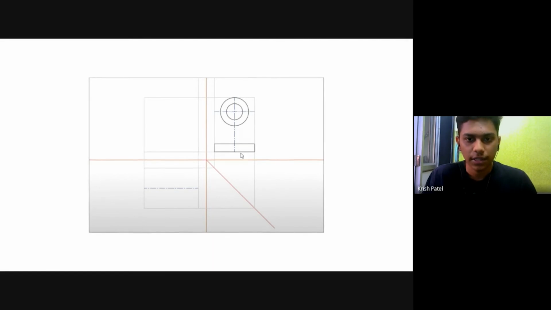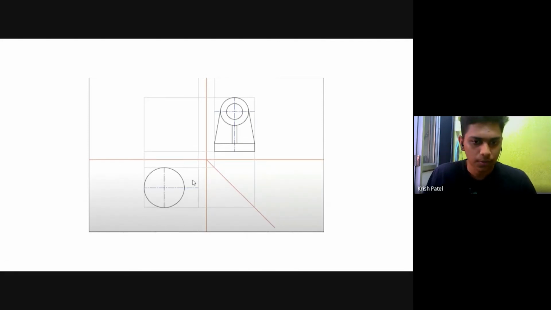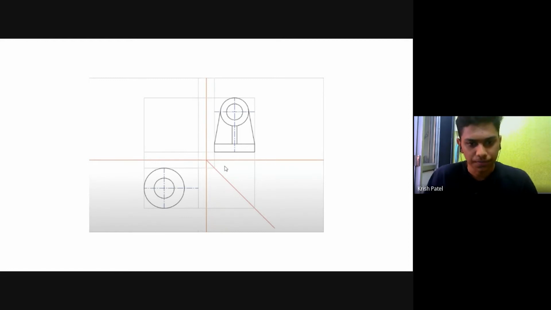For the next step, we'll create the base of the left hand side view. Now we'll complete the left hand side view. Now, for the semicircular top view, we'll have to create a circle with a radius of 50. Now we'll create a concentric circle of radius 16. Now we'll remove the other half of the circle so that we get the semicircular arc of the top view. Now completing the top view.